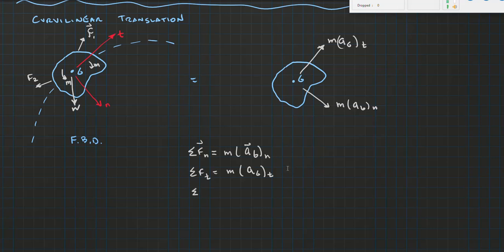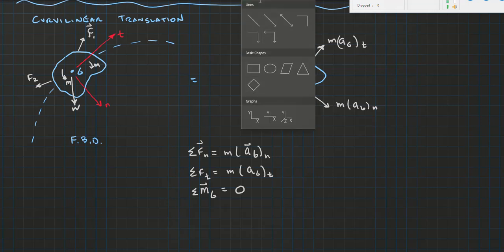Again, we could sum moments about g, and if we did that, there are no moment arms for our inertial terms over here, so this would equal 0. And we have no rotation or angular acceleration. This is following a curved path, but none of the points are rotating around g. So we could use that as our equations of motion, or we could also decide